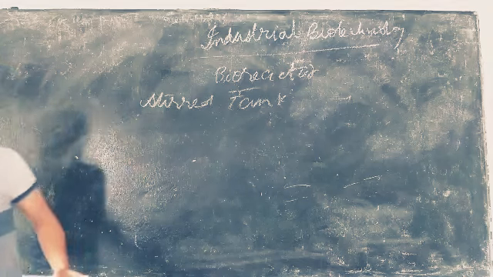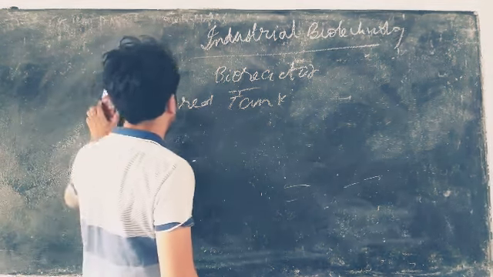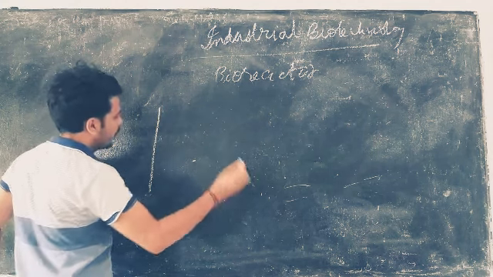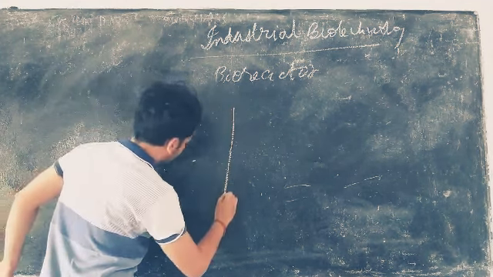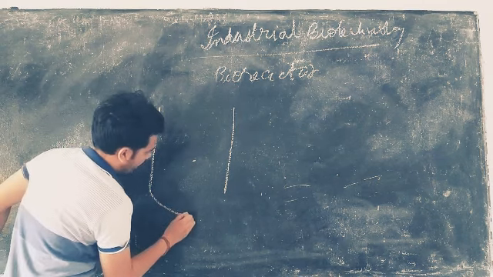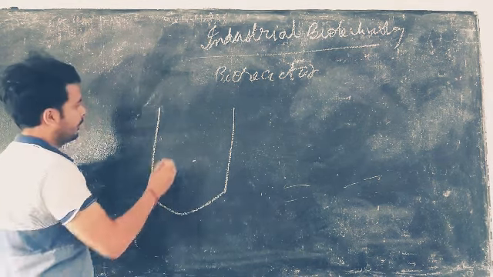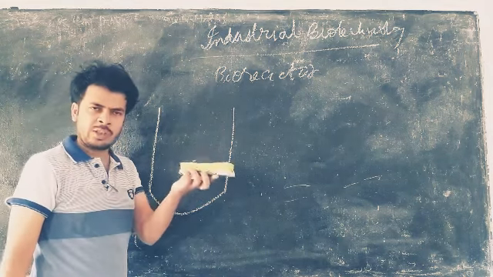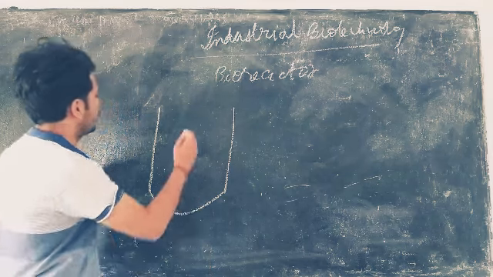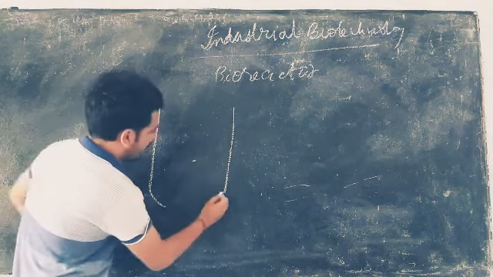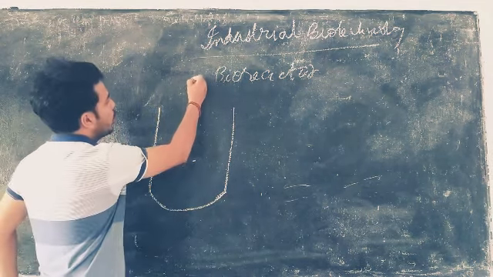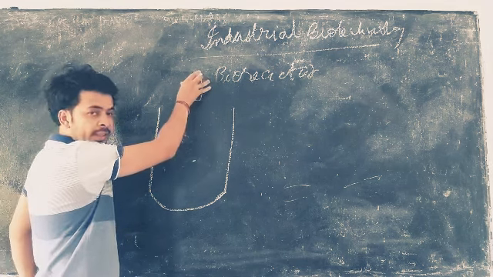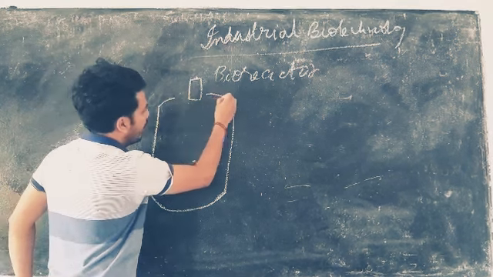A straight tank bioreactor, as the name suggests, is a basic form of a bioreactor in which there is a big vessel having a curved base. It could be of any steel-like metal, but mostly steel is used. It's curved from the base. A motor is there at the center. It is half covered like this.